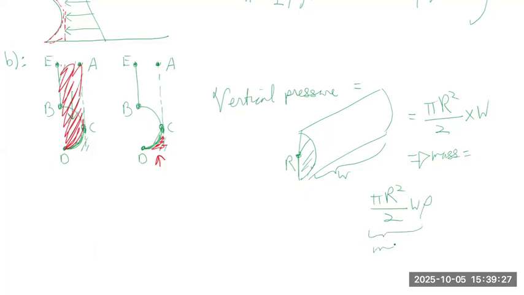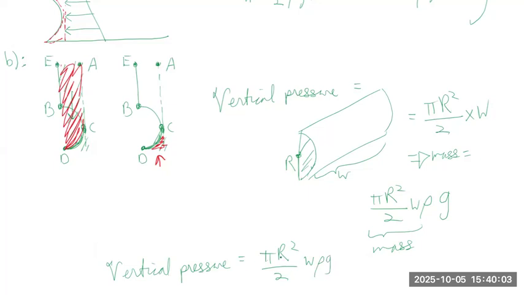So this is mass. And then in order to get the weight of this volume of water, we multiply by gravity. And thus the vertical pressure will be equal to this pi R squared over 2 times W times rho G